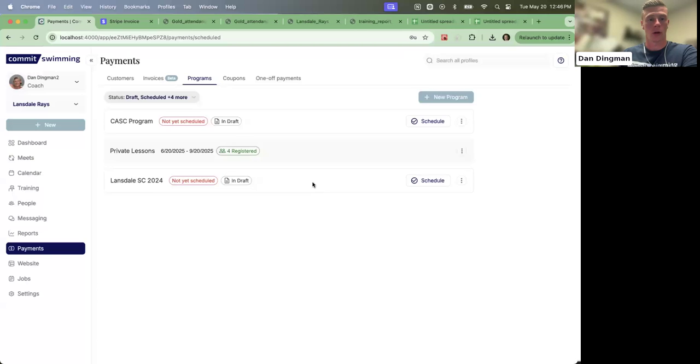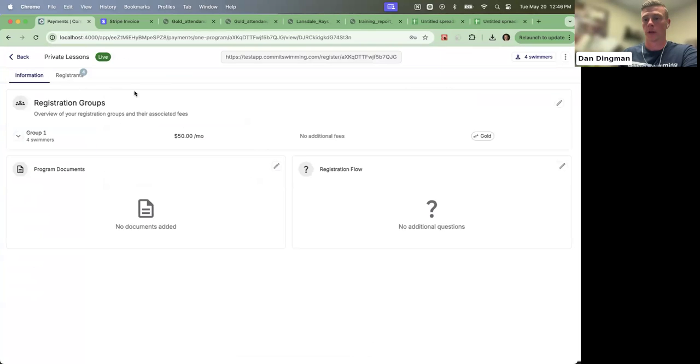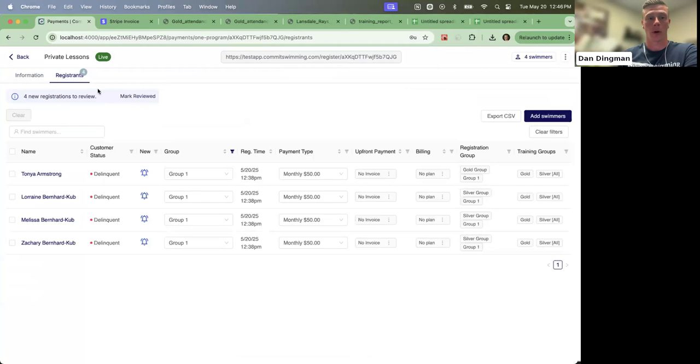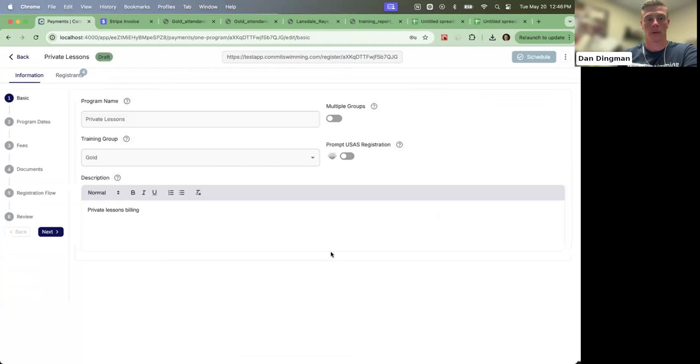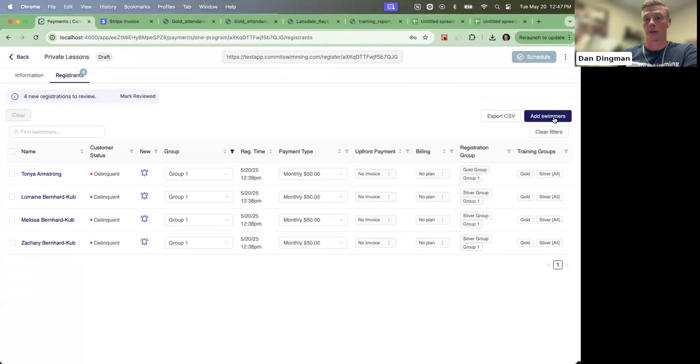Yeah, so if we're doing this private lesson, let's unarchive this. If you're doing it all in the back end for yourself, you would just keep this in draft mode. We call it draft mode or edit program, and never make it live. That allows you as the coach to add swimmers and manage the billing within this program. But as it stands right now, this program is not visible to parents. It won't be on your website. No one can just go and sign up for it at all. And that's all you have to do.